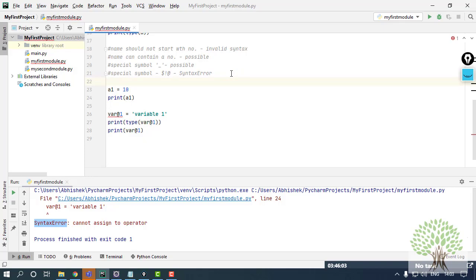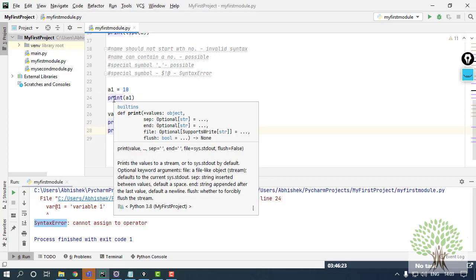Again, coming to the rule. Now this rule is basically about the keywords. In every language, there are some predefined values which are given a meaning in the language itself. For example, I'm using this print, right? If I get my mouse over this print, I get the details of what this print statement is assigned to do. It's assigned to collect the stream and print it on the console.